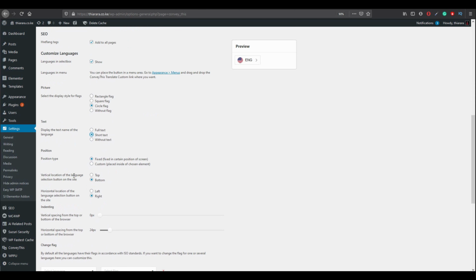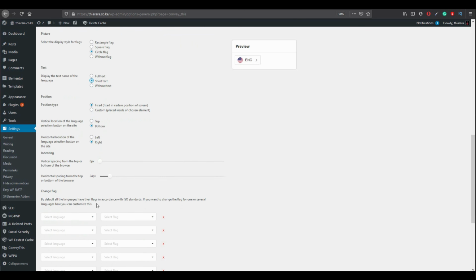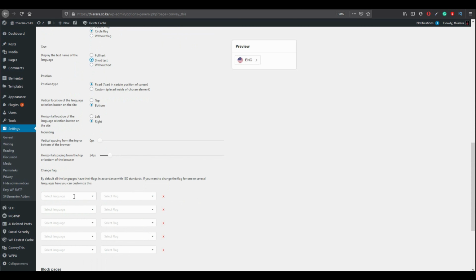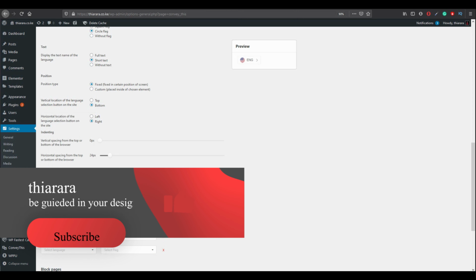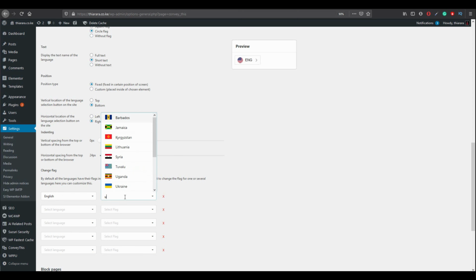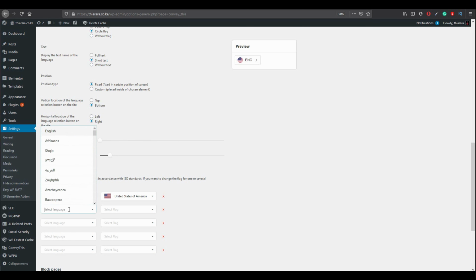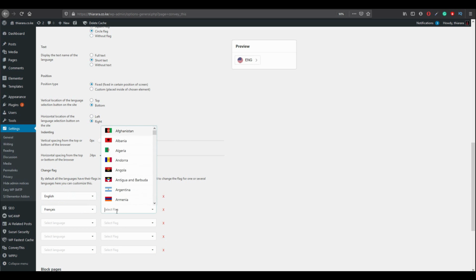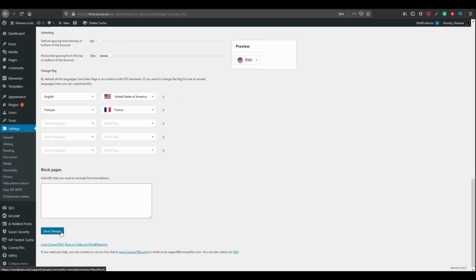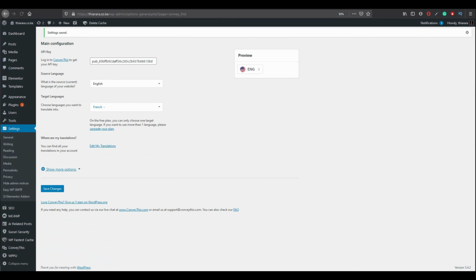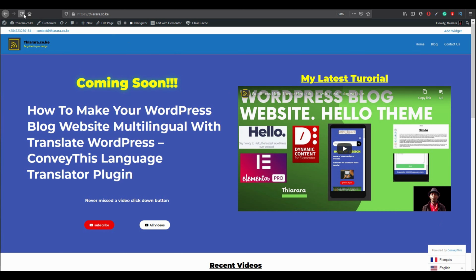Which location do you want the other language? I want the other one to remain the way they are. Let's go now to flag. Select the flag for English. I want to select United States. I'm using United States English. You can see the other one is France. I select France. With that, two languages are the ones available with my free plan. Let me activate it. Let me reload the page and see what we have created so far.